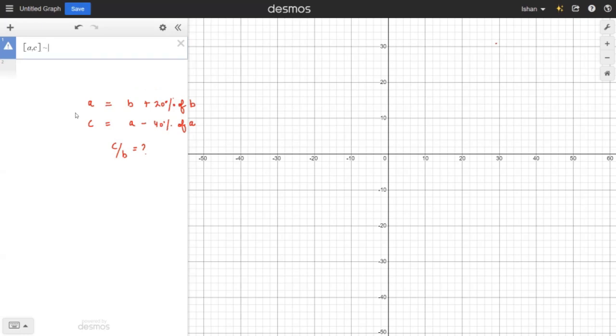And if I just use this thing, same to same, it will be helpful. I'm just writing B plus 20% of B, comma, and C is what? It is A minus 40% of A